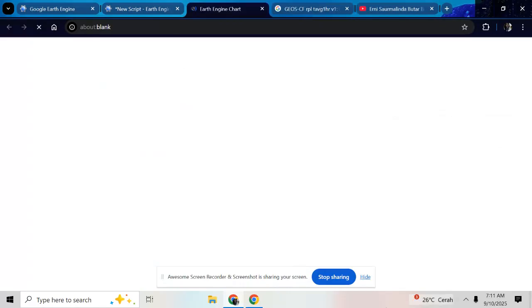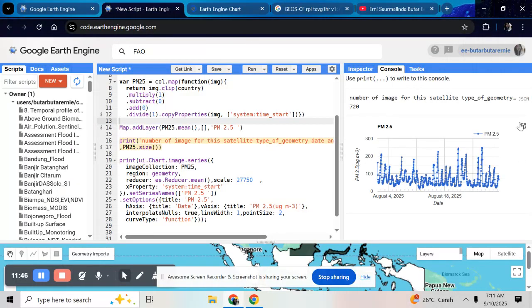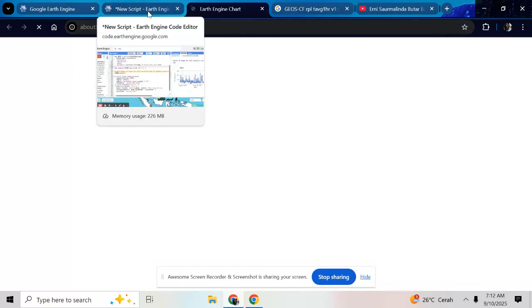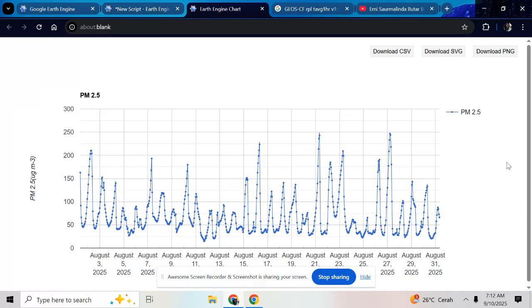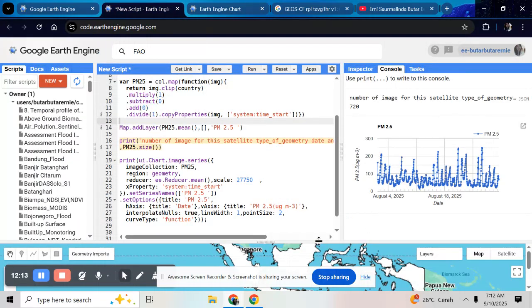And if you want to download this chart, you can click it in the chart here. Okay, need a little time. Okay, now it's already showing. You can download in CSV format, or you can download this image in PNG format. So as you need, you can change it. And after that,